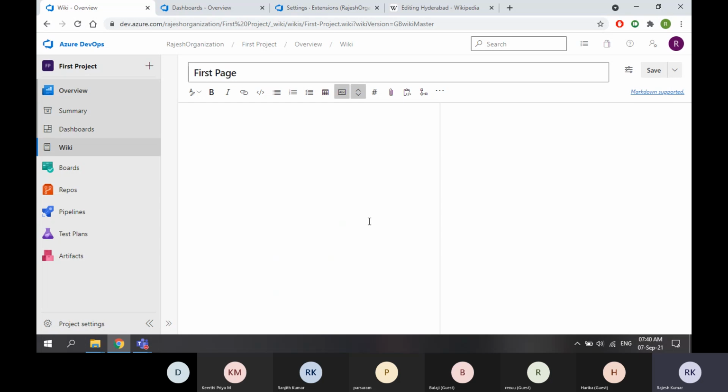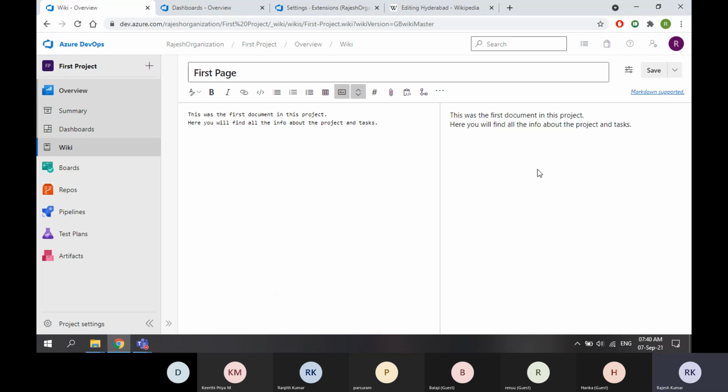So what is Markdown? Markdown is a language used to create nice and beautiful documents. If you want to write content, I can directly go and write something like: this was the first document in this project. Here you will find all the info about the project and tasks. Whatever I'm writing here is just displayed as is.